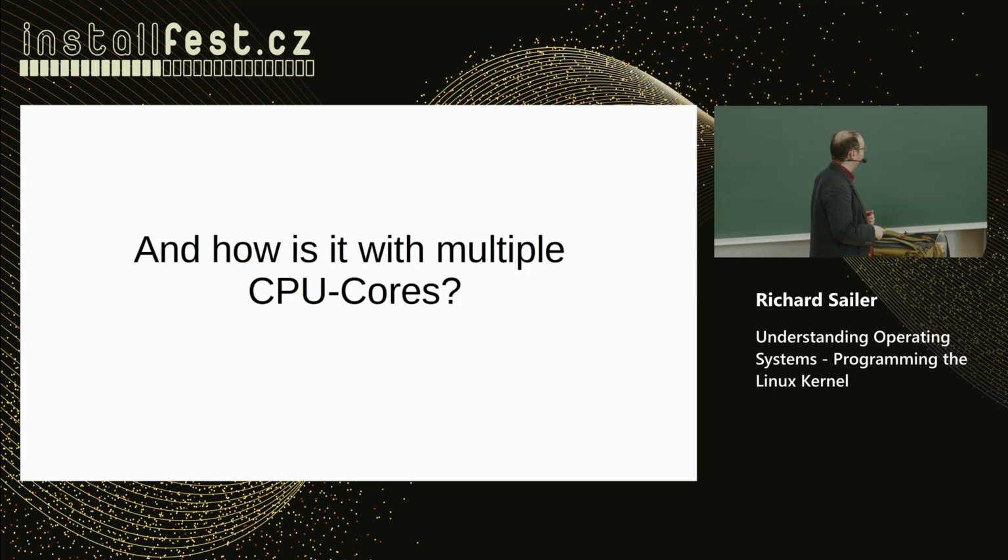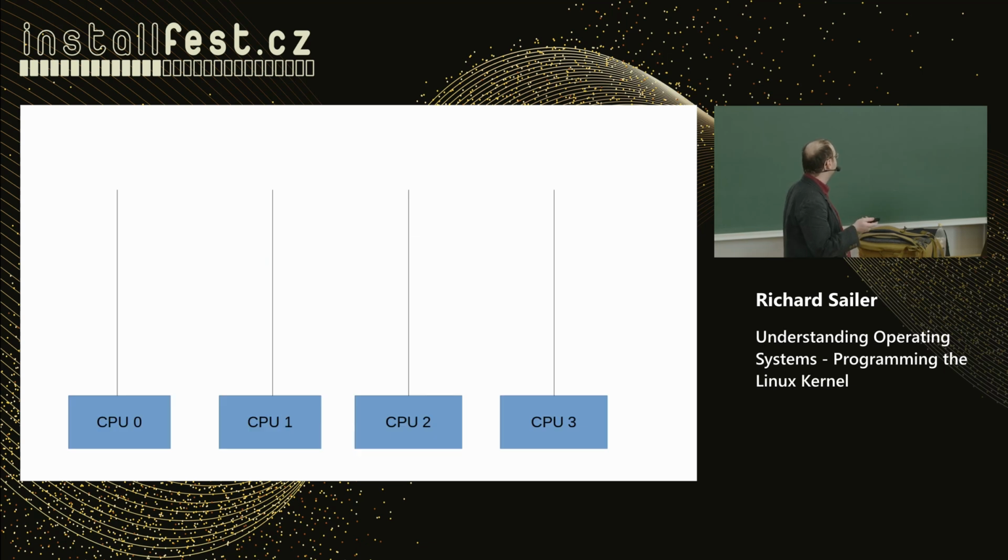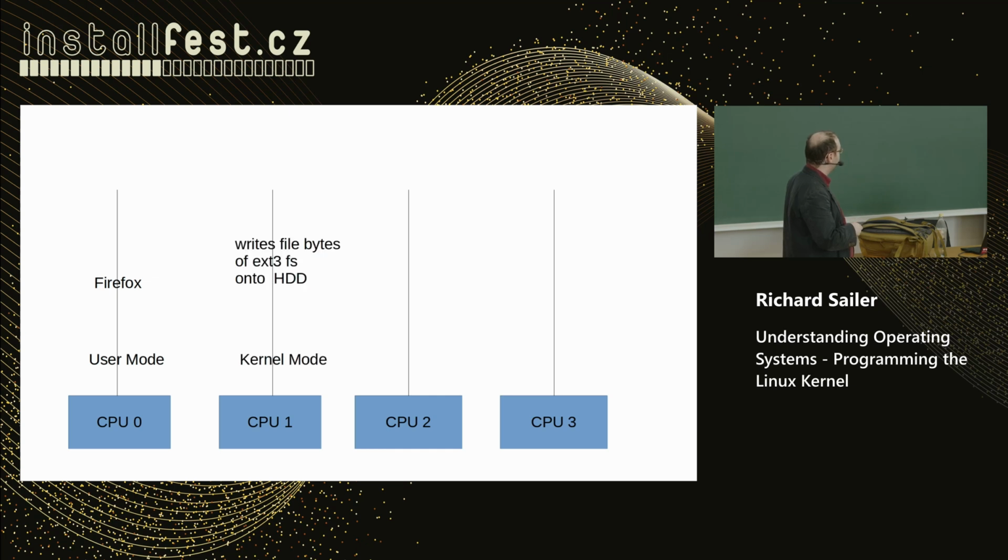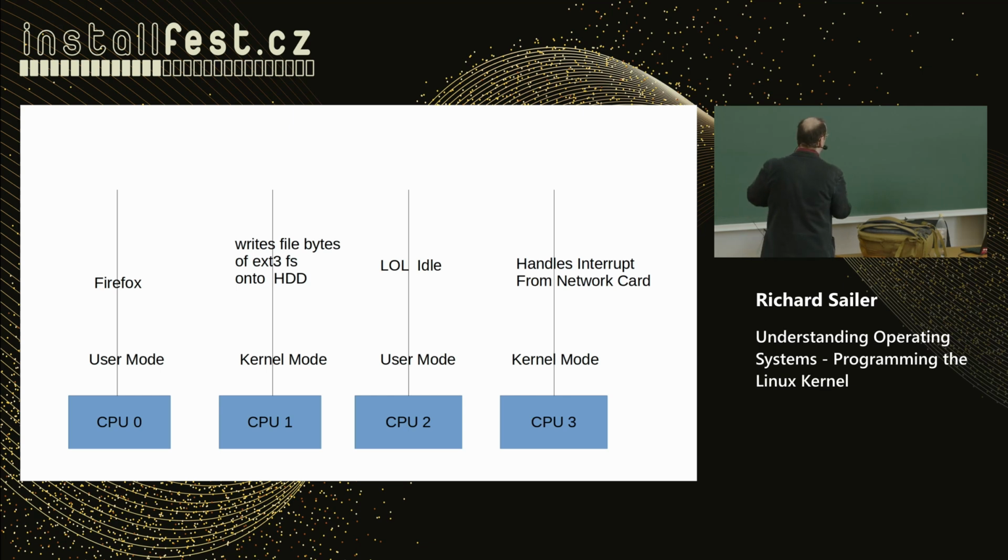Okay. So what do we have more? How is it with multiple cores, this whole kernel and user space thing that I explained before? I do have an example here. If you assume 4 cores, you see it's old, nowadays 6 or 8 would be more realistic. You can have on CPU 0 your Firefox running in user mode. And CPU 1 is currently in kernel mode and doing file system stuff. And CPU 2 is just doing nothing. And number 3 is handling an interrupt from the network card. So that's perfectly realistic. All the CPUs can do their stuff independently